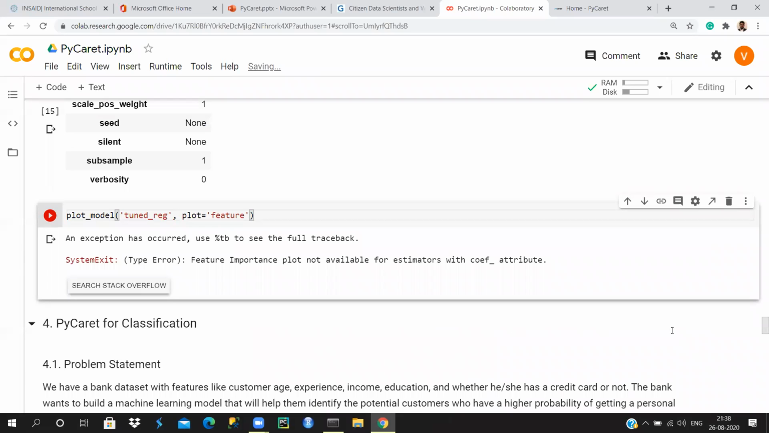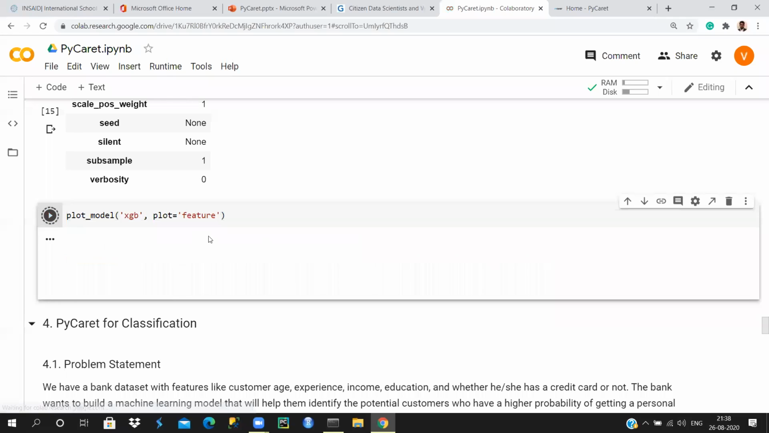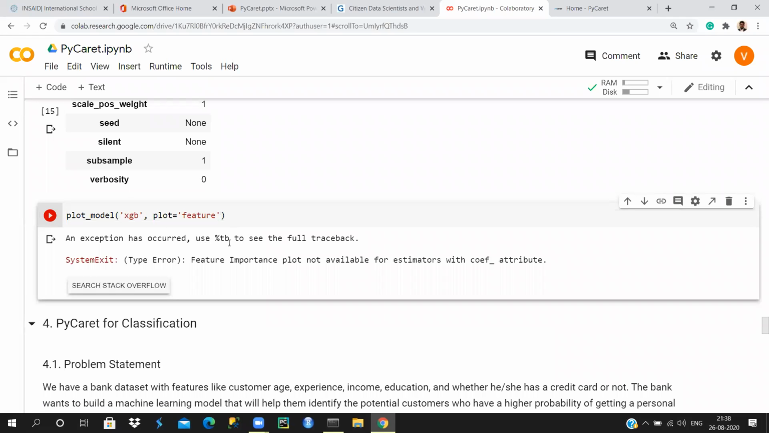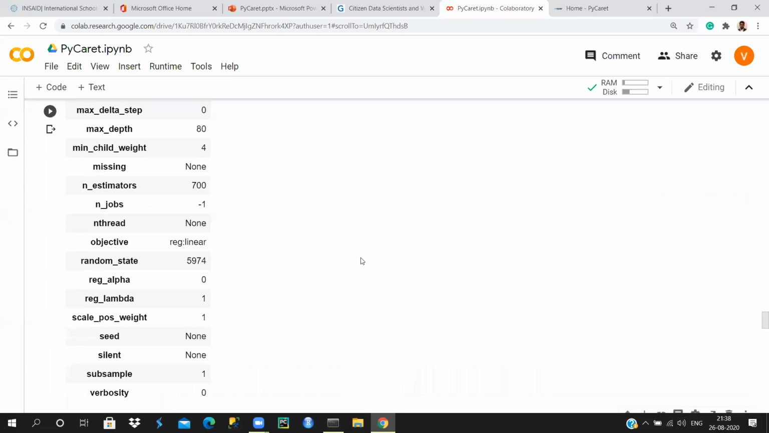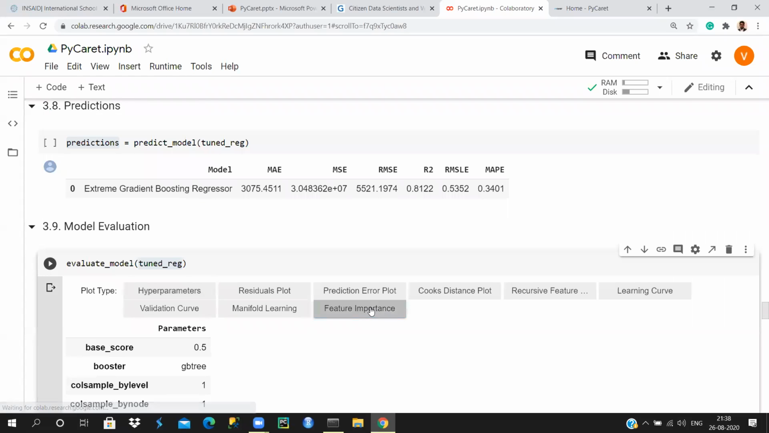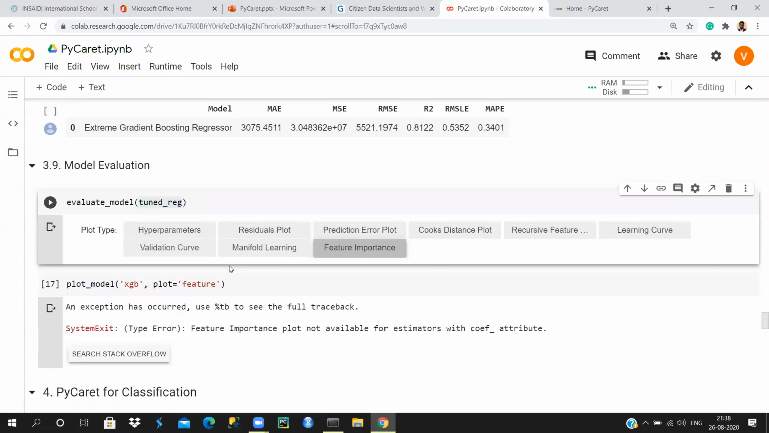Tune_reg. No. I think let's do it for XGB. Feature importance plot not available for the estimated coefficient attribute. I think it should be available, right? Feature importance, it's features or